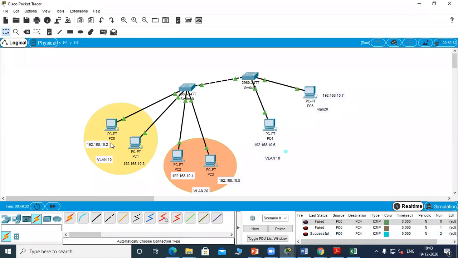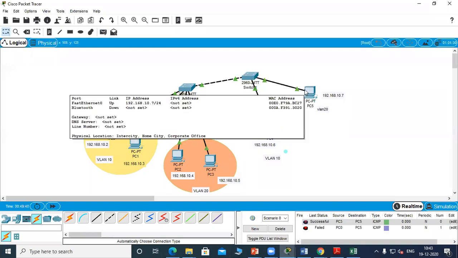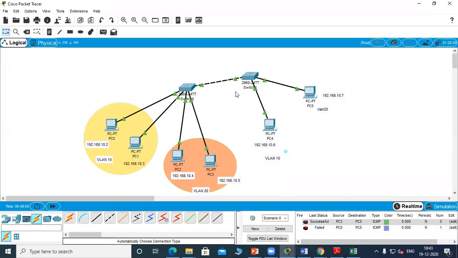It is successful, PC0 to PC4. Now we'll check the other VLAN from PC3 to PC5. Okay, this is also successful. Can we transfer from VLAN 10 to VLAN 20? It failed. So you can see inter-VLAN is not possible. So VLAN 20 to VLAN 10 cannot come.